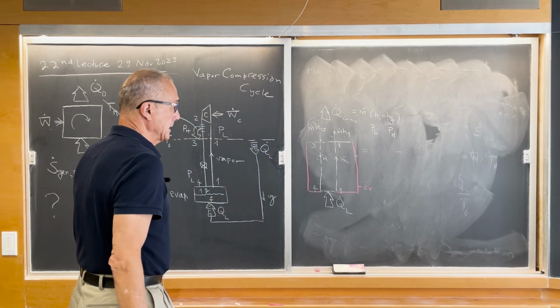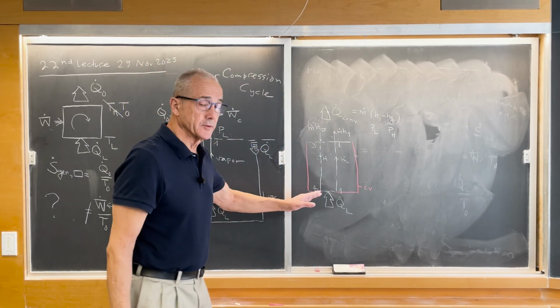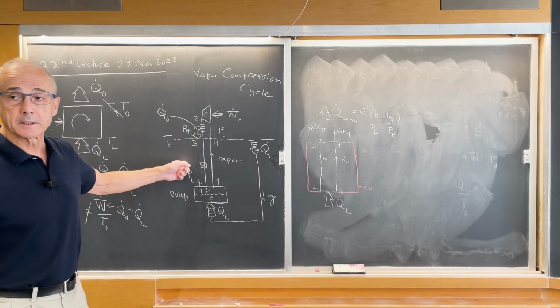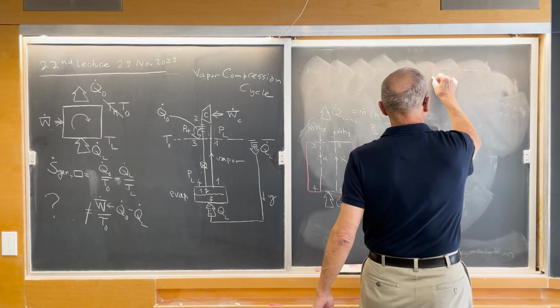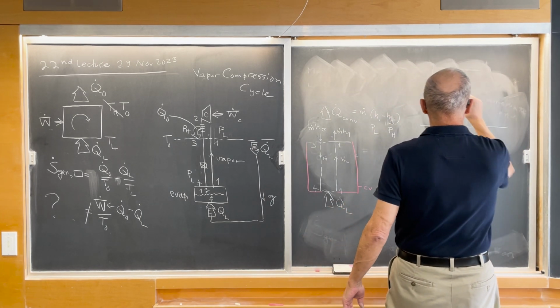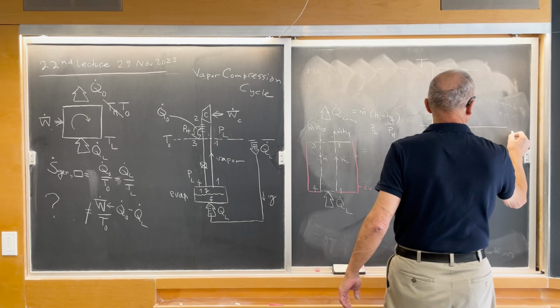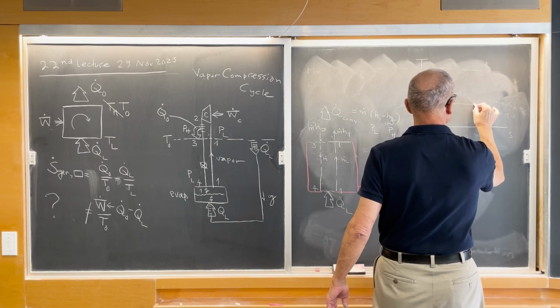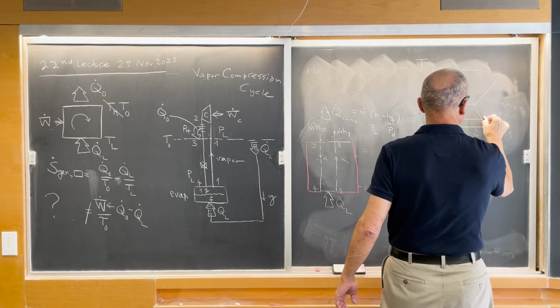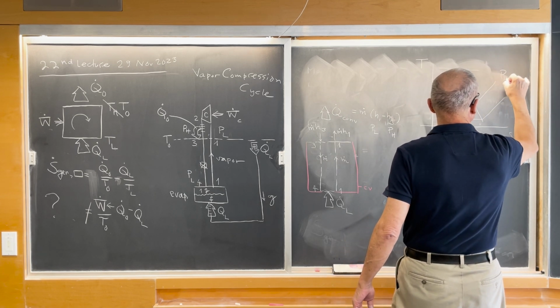And that is happening famously in this particular design because on the TS diagram, in the close vicinity of the dome, where you have these two isobars, pH and PL,